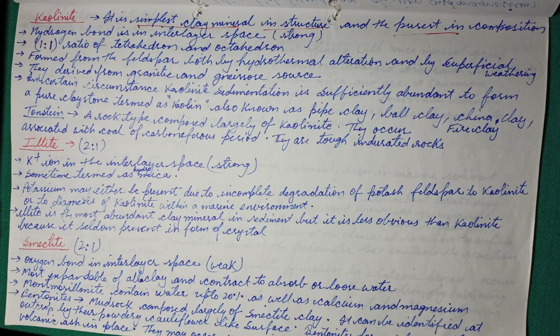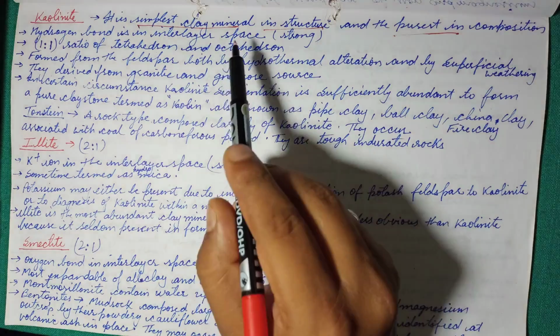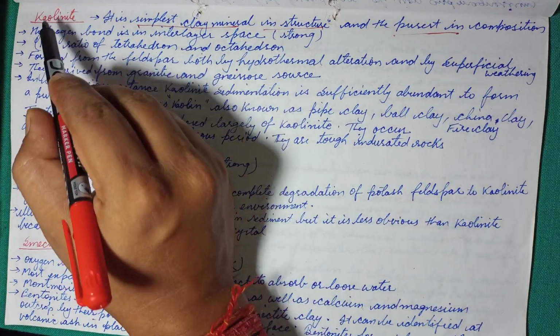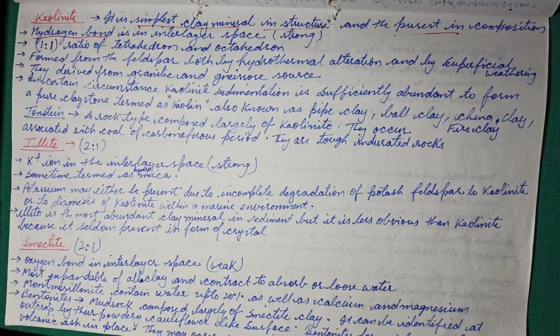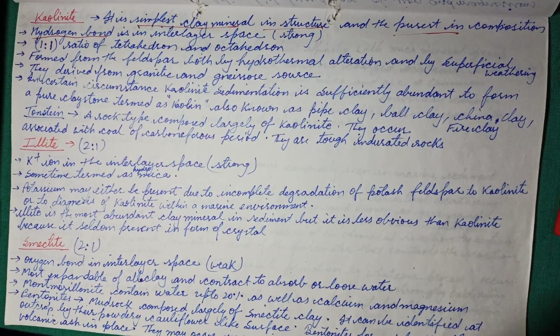that separates the tetrahedron and octahedron layers. Here the interlayer space is occupied by hydrogen bonds, and we all know a hydrogen bond is strong, so the kaolinite will be stronger. And here you will see the ratio of tetrahedron to octahedron is 1:1, meaning there will be one tetrahedron